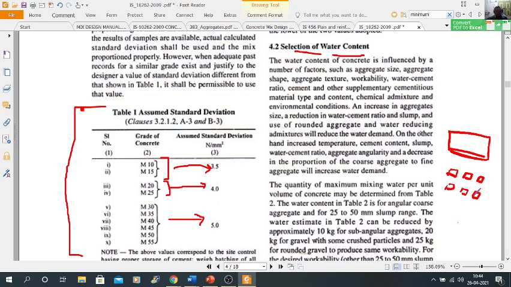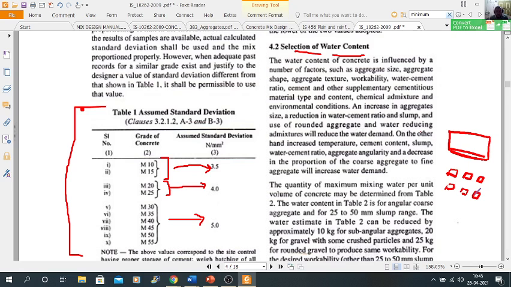Also, as per the workability, we need more water. Also aggregate shape and aggregate texture have an effect. If a rough aggregate is there, then the surface area is large and more water is required. And if a smooth surface is there, then the surface area will be less and we will need less water. Similarly, the shape of aggregate, irregular or regular, also affects the workability of concrete, and these factors are nothing but influences on the surface area of your aggregate.